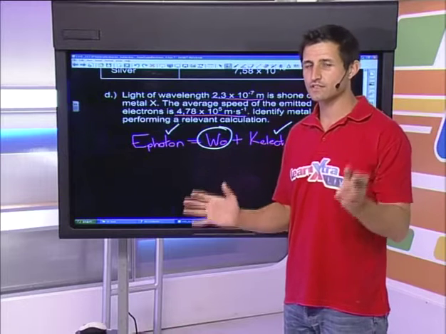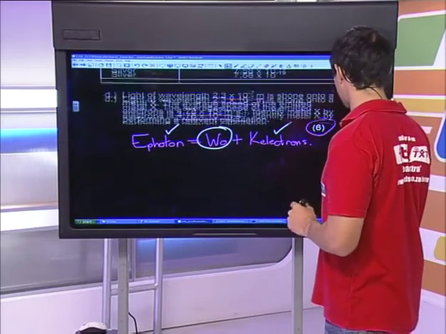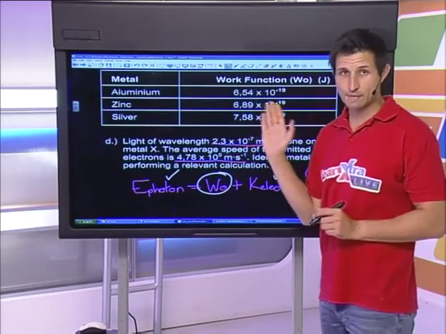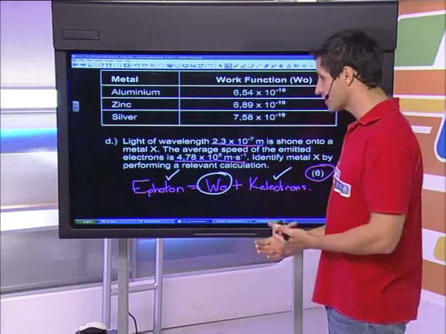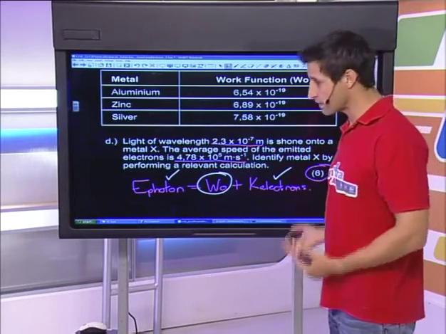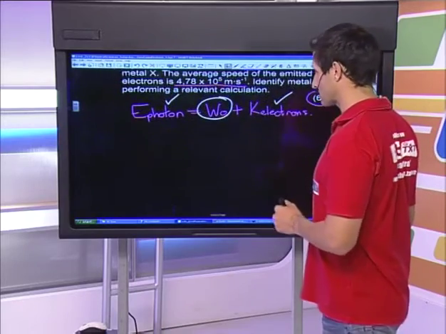Wait a minute, we've been given a table full of work functions. So hopefully the work function which I find will match up with one of these metals, and then we can figure out exactly which metal I shone the light onto. So now let's go about changing my equation in order to get my photoelectric effect and to get my work